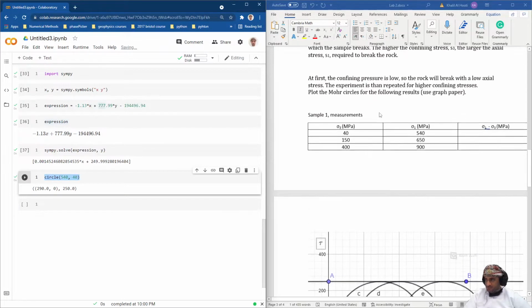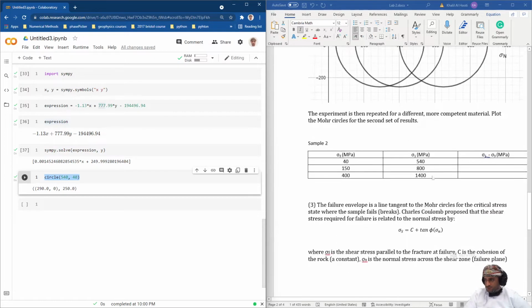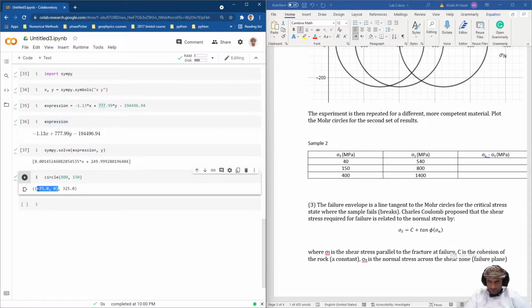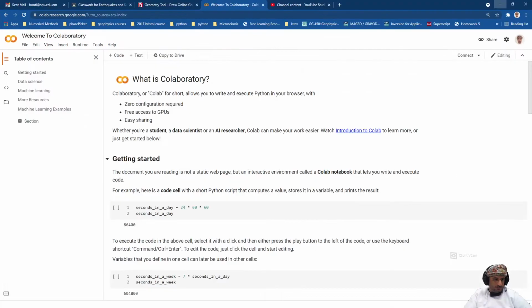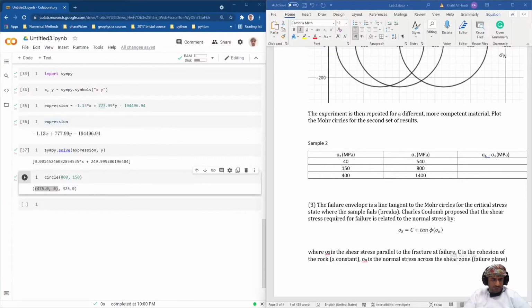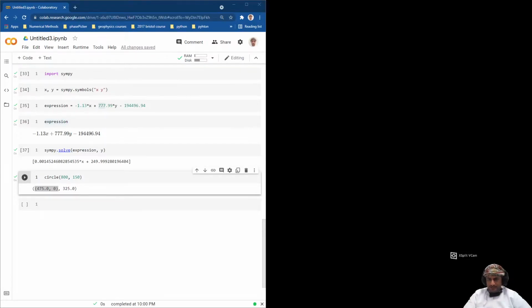Same as the first sample, both of them are 40 and 540. In here, it's going to be 800, while this one is 150. So this is 325. Let's change the second circle. That's the x-axis. It was 325, I believe. Double check. Yes,